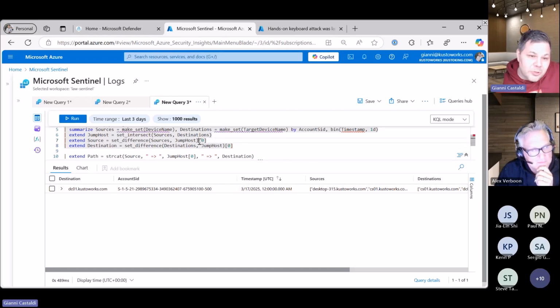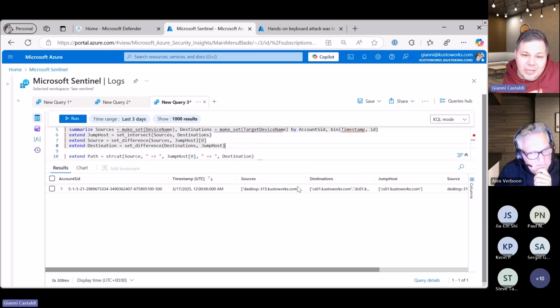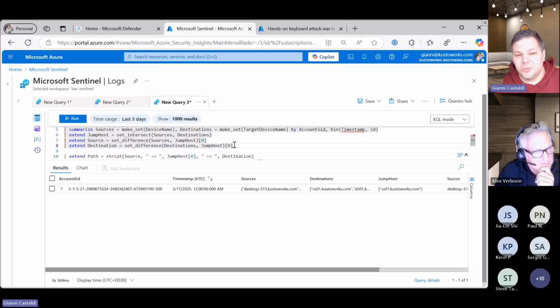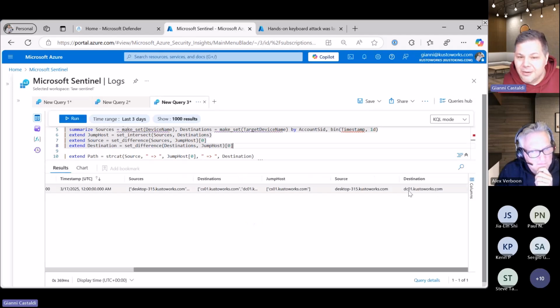By the way, I'm using the bracket 1 because by default this is an array, so you have multiple items in there. If we would remove this, then it will be in brackets. So if you look at here, the destination, it looks a bit flaky if you want to make a nice path out of it. So we'll do this brackets 1. And now it's nice and clean.